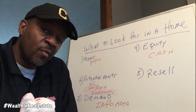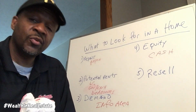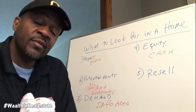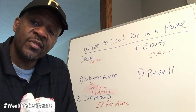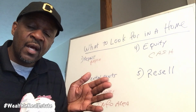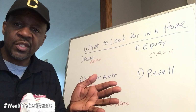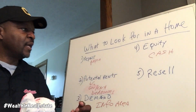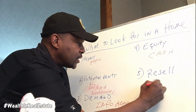A lot of times people will pledge that equity as collateral to get a loan or line of credit, to show the bank that you do good business. And that property still could be for fix up, resale, or rent. But equity is a lot of times what a person may want. So I may say I want to buy a house, and when I'm done, I want to be in there at 60% of the value. So I want an equity position in there. I want to buy it, fix it up, and still have some equity. And that equity a lot of times will turn into cash. And resale is cash